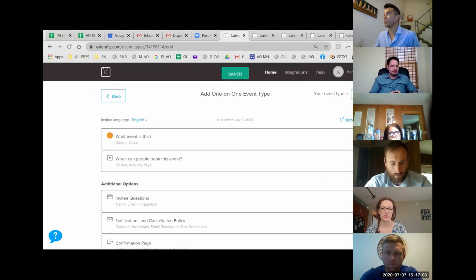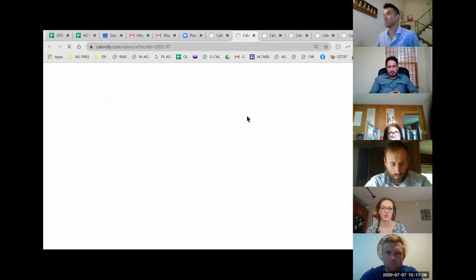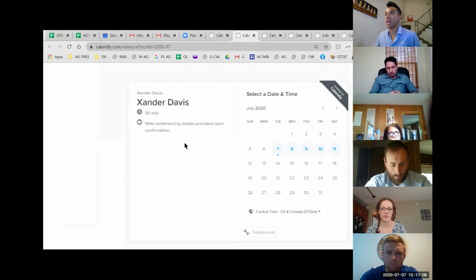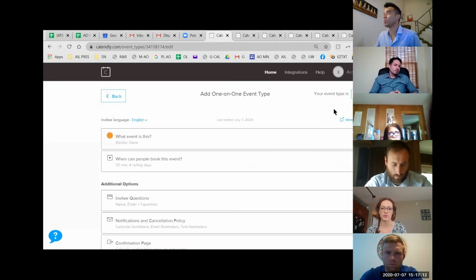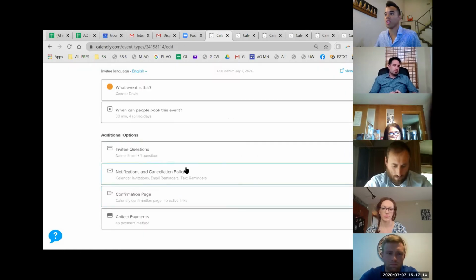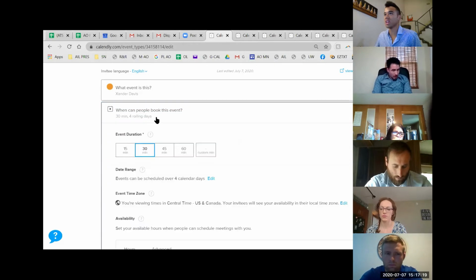Yeah, and then you can view your live page, test it out and see what it looks like for them. I didn't add a description, but otherwise that description is going to show up. One other thing here, and I forgot to actually mention that: when can people book this event? It has an advanced setting, and that's